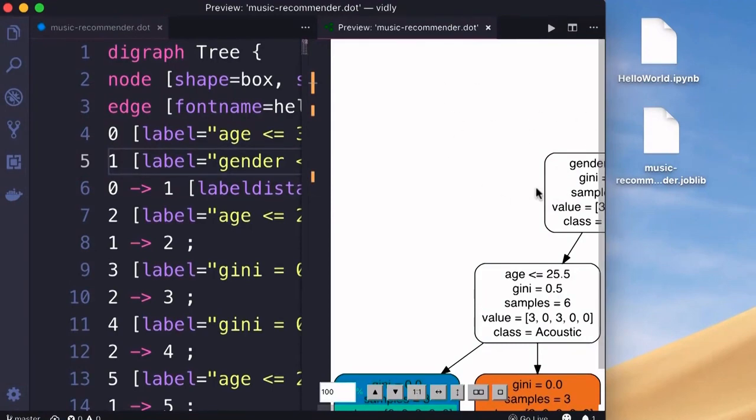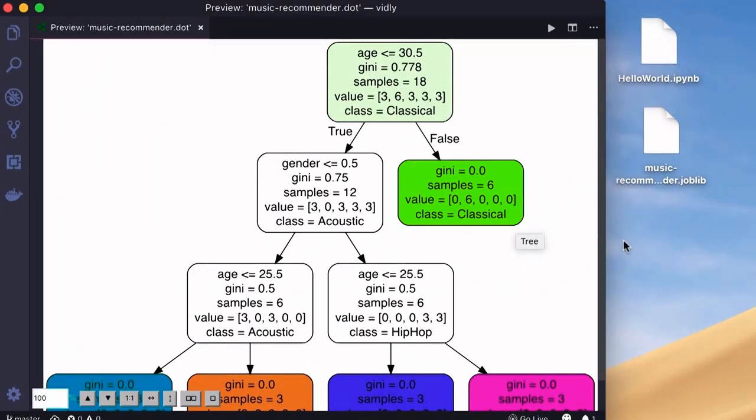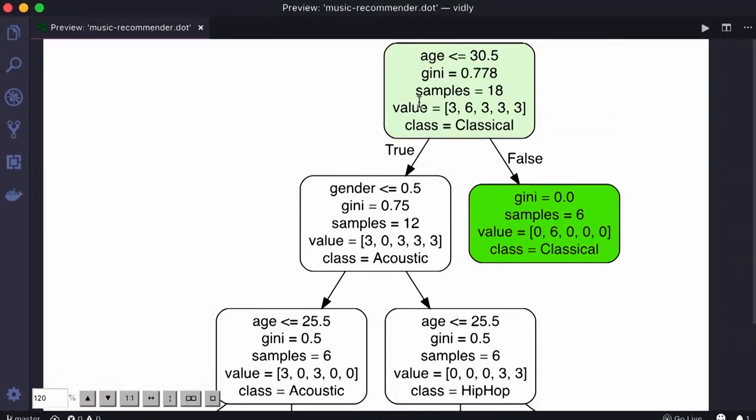All right. Here's the visualization of our decision tree. Let's close the dot file. There you go. This is exactly how our model makes predictions. So we have this binary tree, which means every node can have a maximum of 2 children. On top of each node, we have a condition. If this condition is true, we go to the child node on the left side. Otherwise, we go to the child node on the right side. So let's see what's happening here. The first condition is age less than or equal to 30.5. If this condition is false, that means that user is 30 years or older. So the genre of the music that they're interested in is classical.